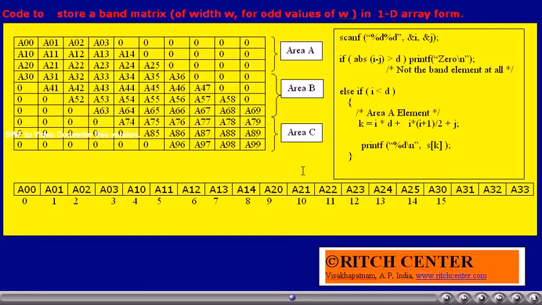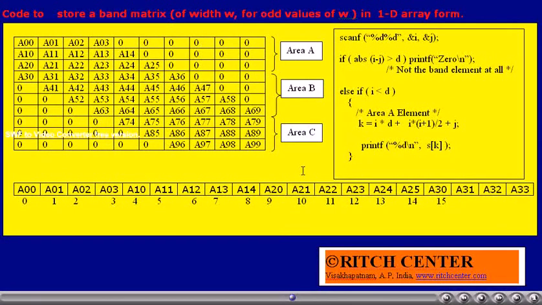For example, if we have the ith row, then before that ith row, how many rows will be there? The i value is 2, for example. That is, the row index is 2. Then there will be 2 rows before that, which contain d plus 1 and d plus 2 elements, etc., up to d plus i. So that many elements will be there before that.